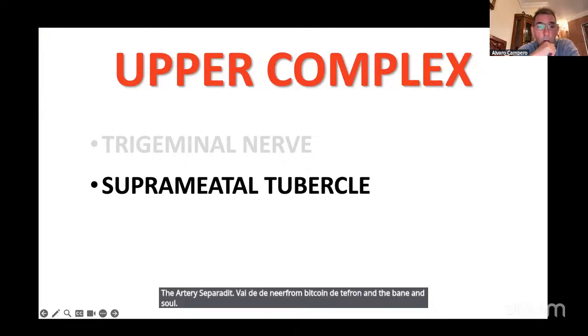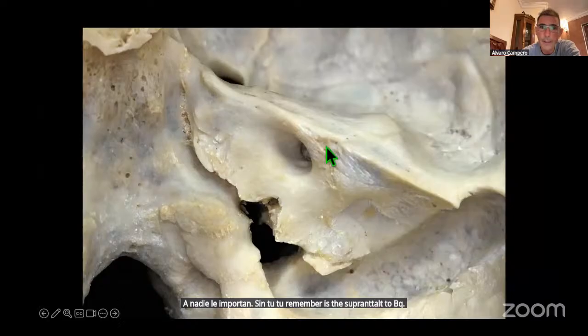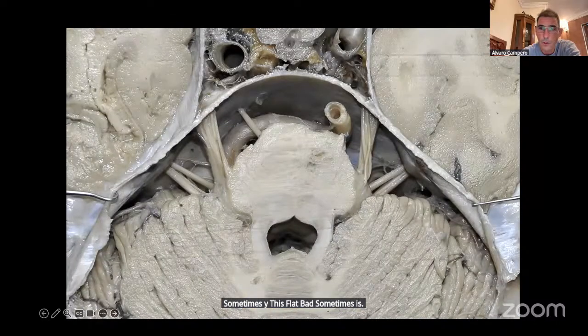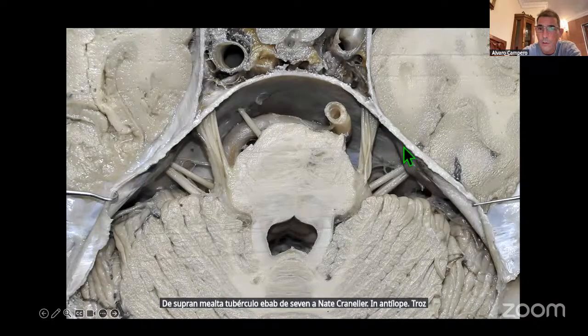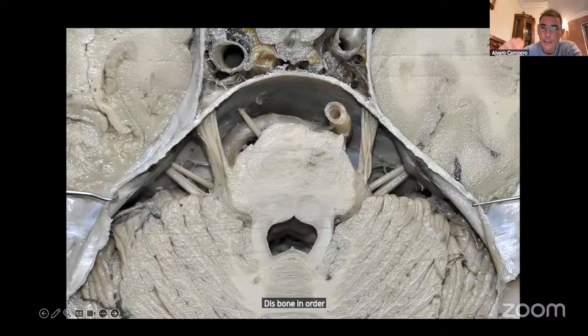Another important thing to remember is the suprameatal tubercle. The suprameatal tubercle is a small piece of bone above the meatus. Sometimes it is flat, but sometimes it's very prominent. So in this picture, we can see the suprameatal tubercle above the 7 and 8 cranial nerve. So sometimes, for instance, in anterior petrosal meningioma, we have to drill this bone in order to have a better